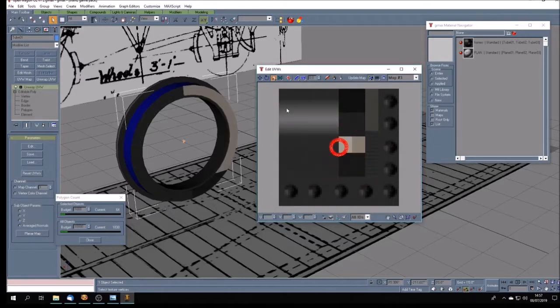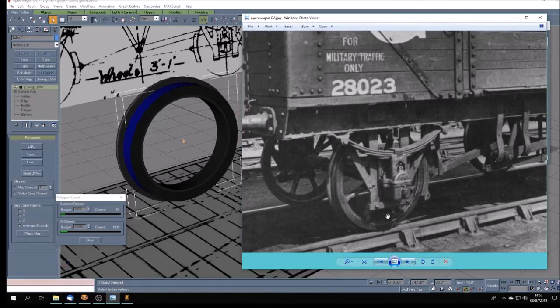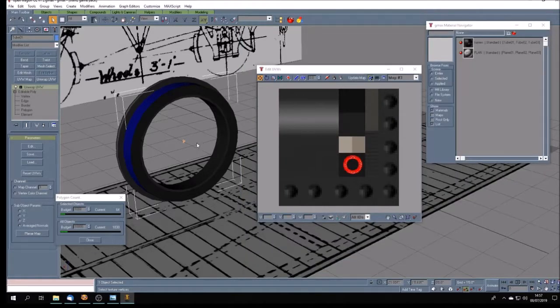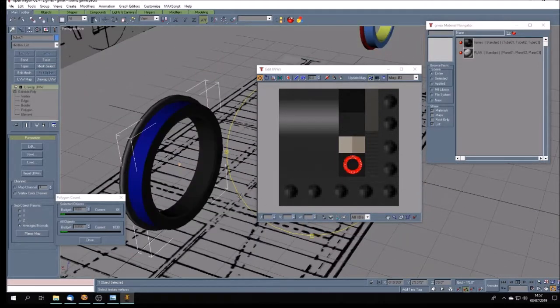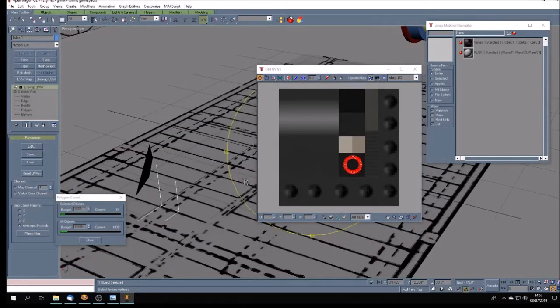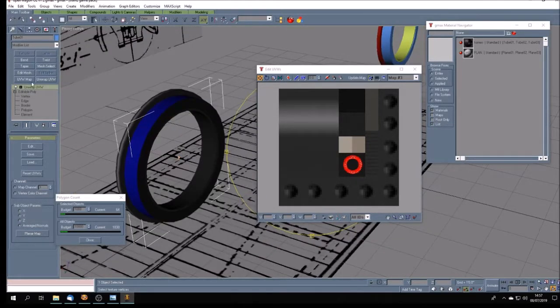Take it right down, make it slightly darker, to give me a differentiation there. So I'm, as it were, making a nudge. Remember, this is lit by sunlight, this image, so it should be darker than that. So there we are. That's to differentiate it from the inner part of the wheel. The only other thing that I've got there is the face. So all the faces, all the polys of that part of the wheel are now coloured in that texture, part of the texture, and